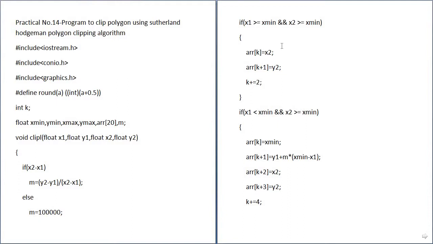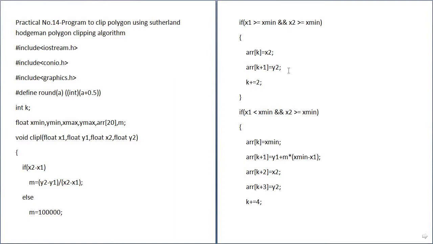So here is the condition, that is x1 is greater than or equal to xmin and x2 is greater than or equal to xmin. Here both x1 and x2 are greater than xmin. Then the first point of the polygon is outside the clipping window, and the second point is inside the clipping window.